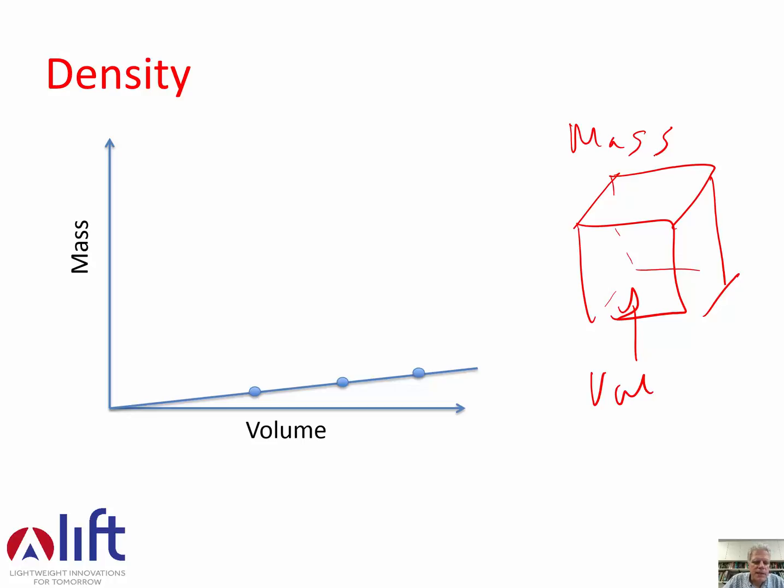You find out that mass and volume scale the same way, and the slope of this thing is density. Density is always the ratio between mass and volume, and therefore it has units of something like grams per cm cubed, or maybe